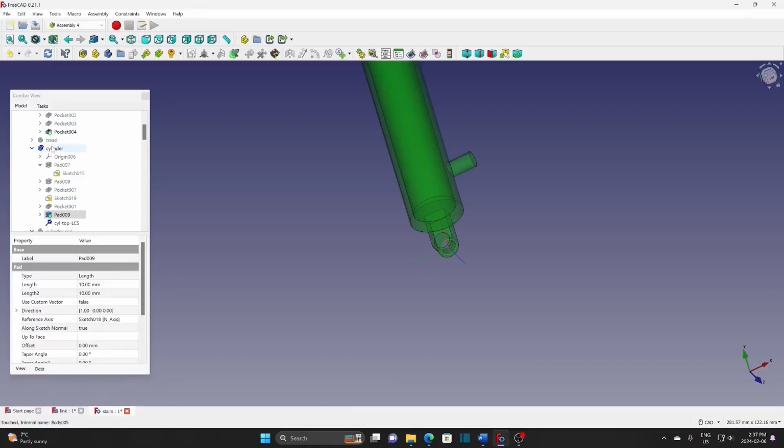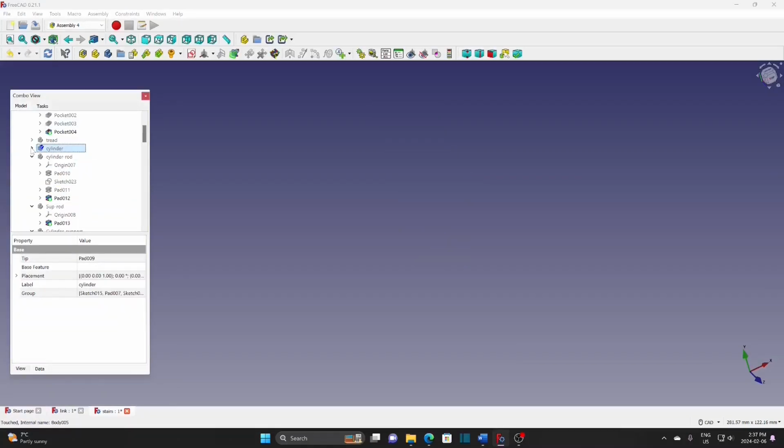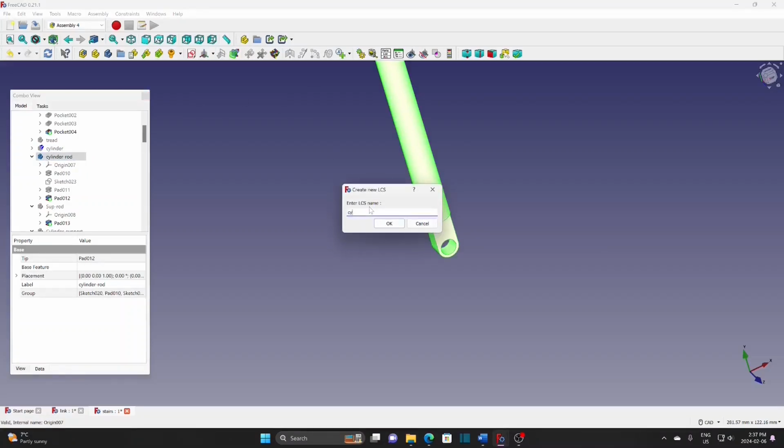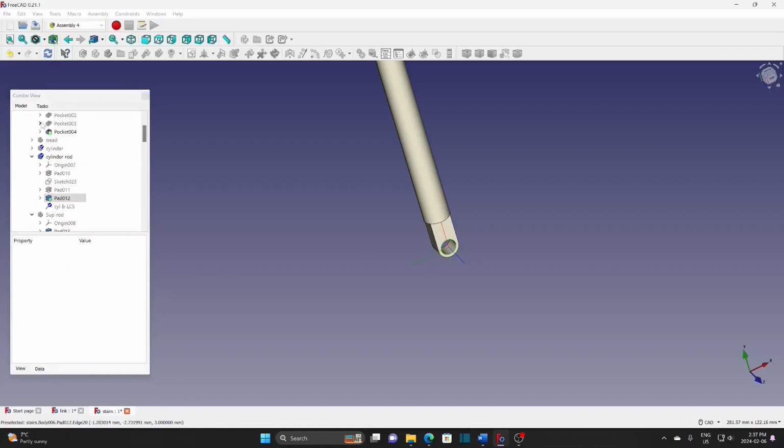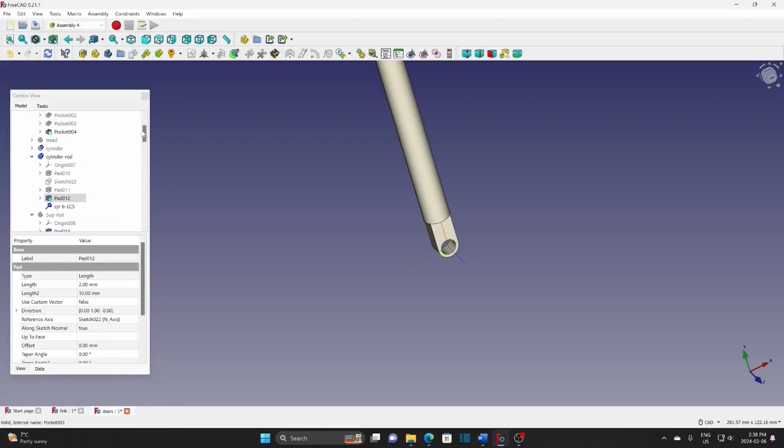Okay. Hide the cylinder. Show the wall. New coordinate system. Bottom. Okay. Select the inner circle. Concentric. Okay. So now import